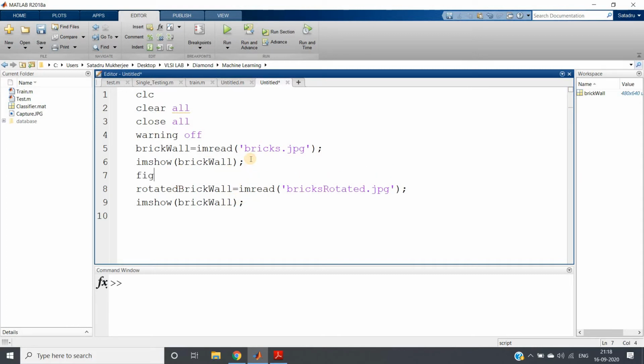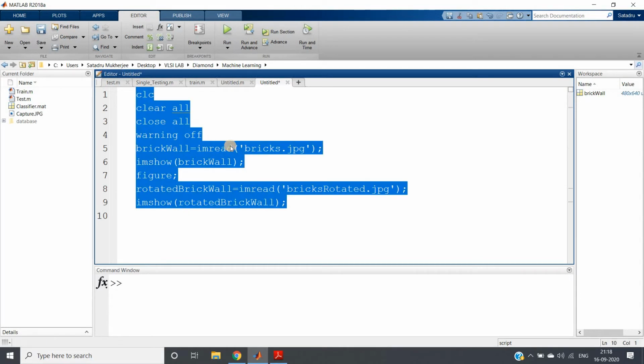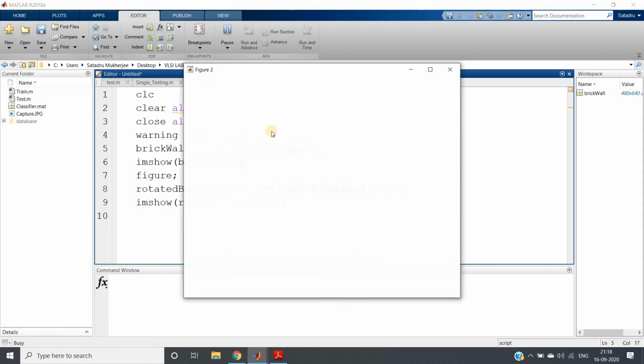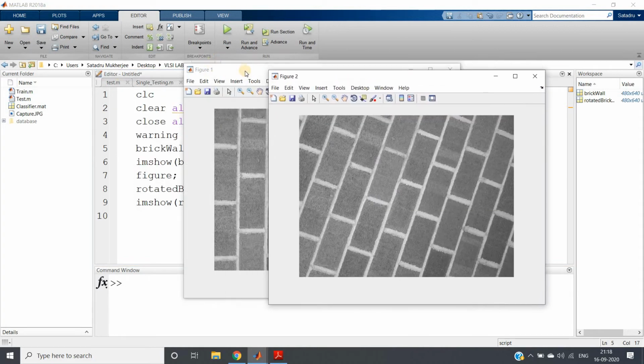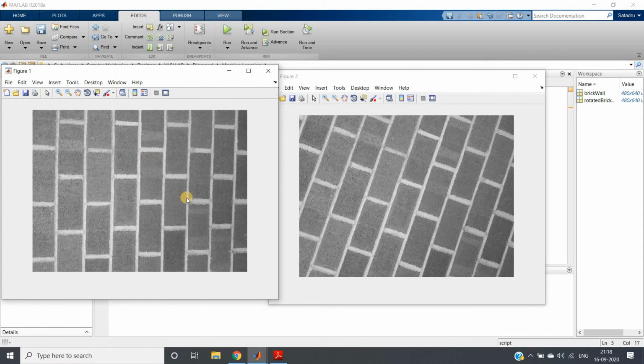Here I can give figure to show it in another figure window. Let me copy this name and paste it here, and run the whole code. See, we are getting two images. This is the original brick wall and this is the rotated version of the same texture.